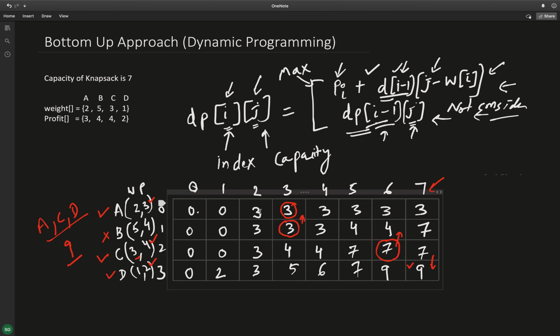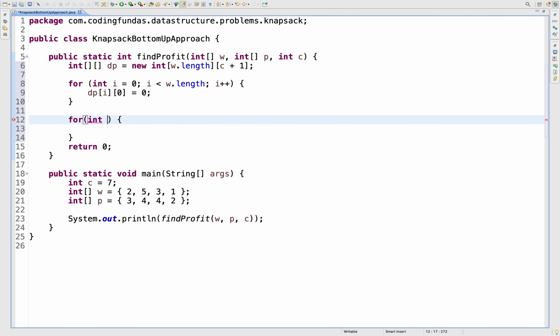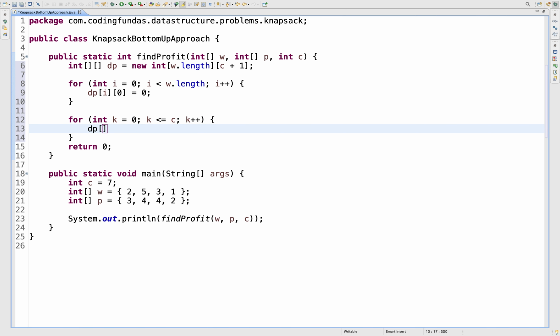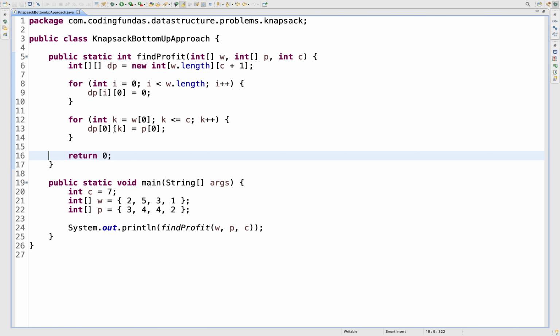Starting from the weight of the item, it will be filled with the profit value of the first item. So I'll say dp of first row with k, starting from the first item's weight, and this will fill the first row with the profit of the first element.